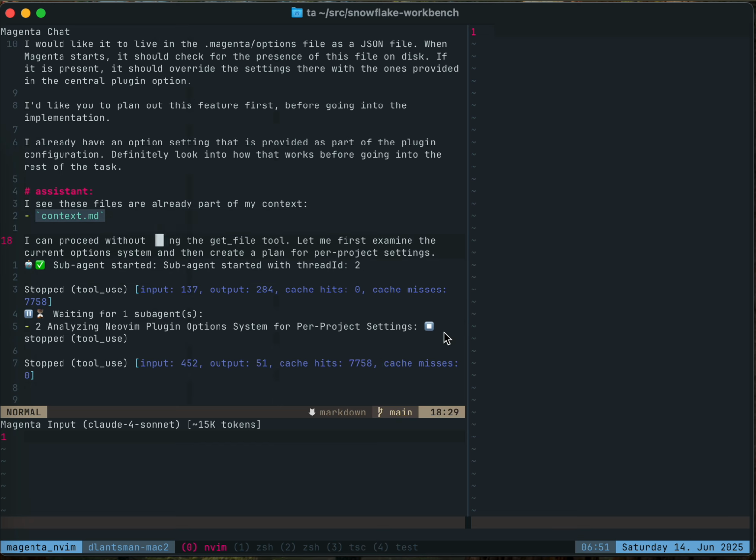Okay, so first it says, let me examine the current option system and then create a plan for per project settings. And here you can see one of the new features that I recently added, which is subagent workflows. So exploring a code base can use up a lot of tokens, and the agent has to read a lot of files, not all of which are going to be relevant. So for that reason, tools like Claude Code developed this feature of subagents, and I added this to Magenta recently as well. So here we can see that we started a subagent with a new thread ID, and if I hit enter on this line,